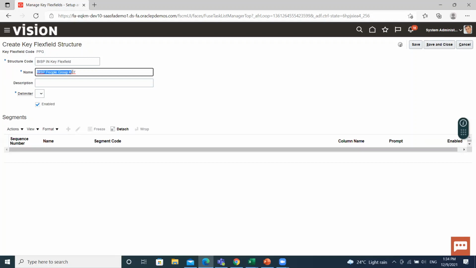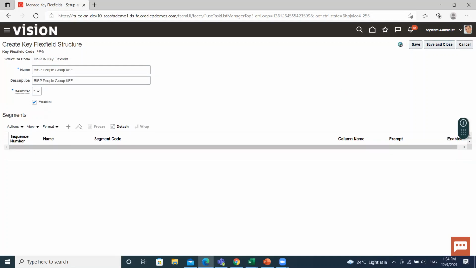Then give the description. Then select the delimiter. A delimiter is a simple or compound symbol that has a special meaning. And make sure it is enabled. Then click on save before creating a segment. Now you can create a segment.